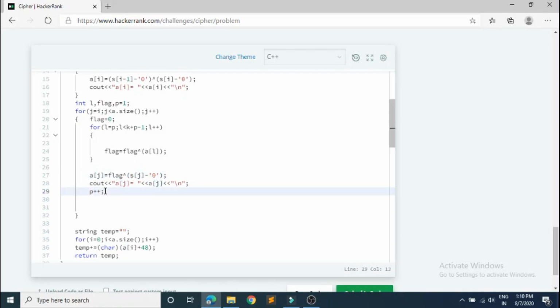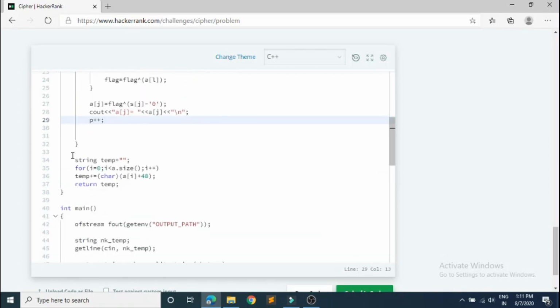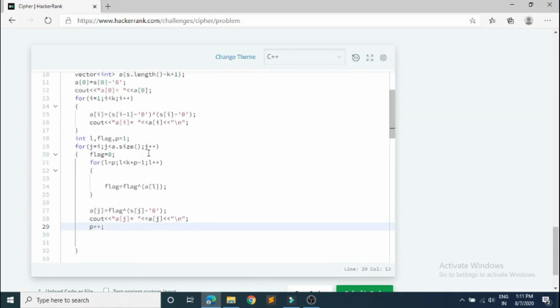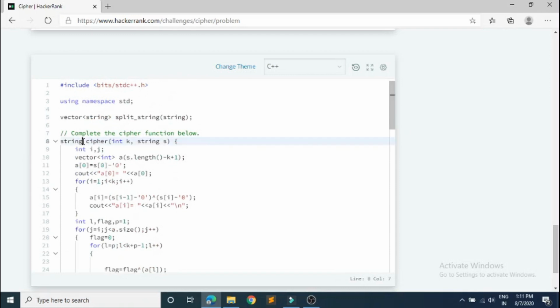Now I am incrementing p every time, because we need the XOR of the recent k minus 1 digits. So first it would go from 1 to 3, then from 2 to 4, and so on. After that I am converting this vector array into a string, because I have to return a string, as the prototype of the function is a string.